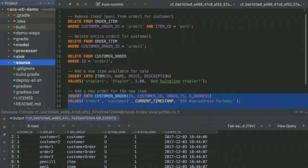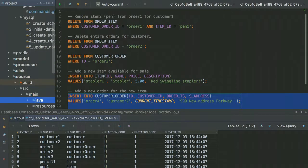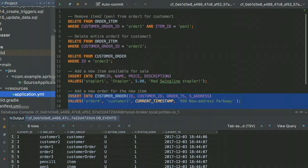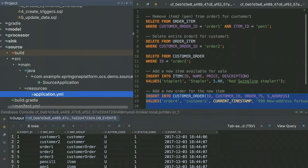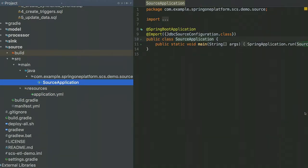So if we go to our source, it's actually amazingly simple. And it still boggles me. So our source, and I'm going to make this a little bit wider so you guys can see the structure, is really a Spring Boot application and a YAML config. That's all we needed. So in our Spring application here,